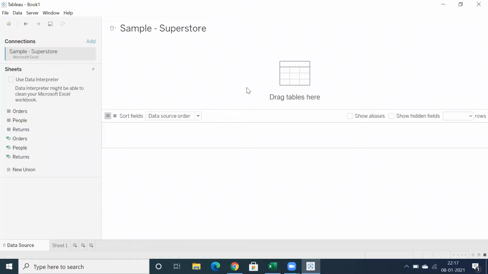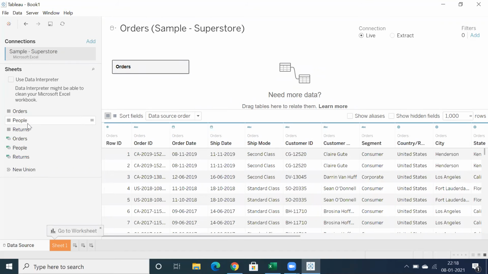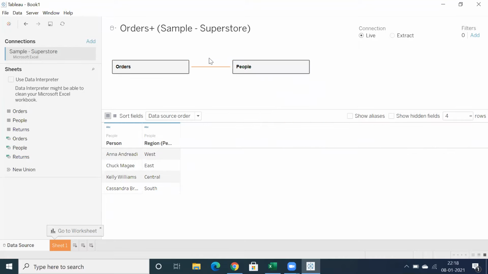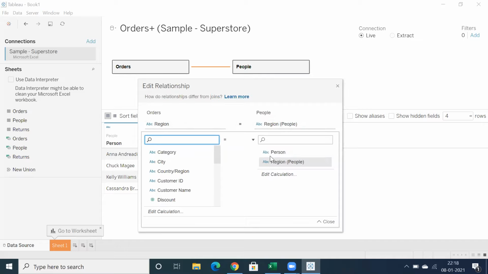One of the flexibilities when you compare traditional BI tools to Tableau is that Tableau is more flexible even for data modeling as well. You can simply drag and drop and establish relationships between the tables. I will showcase it in detail in the classes, but when you drag and drop, you can see by default you are getting a link, which means there is a common column. If you have a common column, we are going to get a relationship between these two tables. And you can see the common column between these two tables is region. If you want, you can change the column.